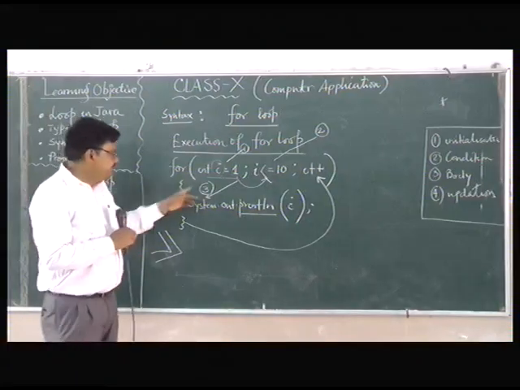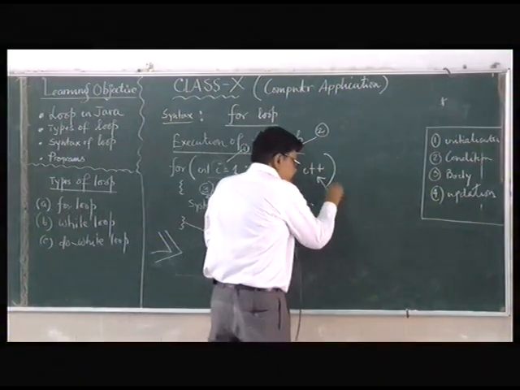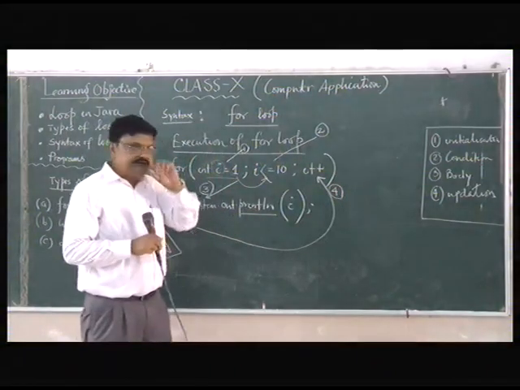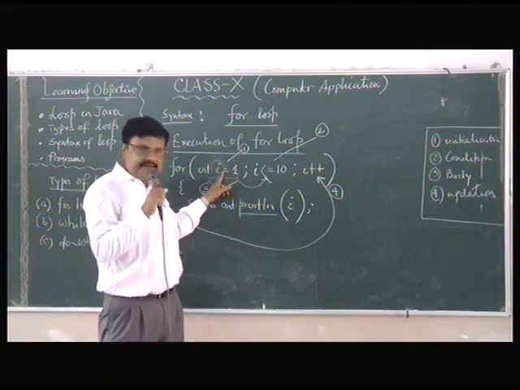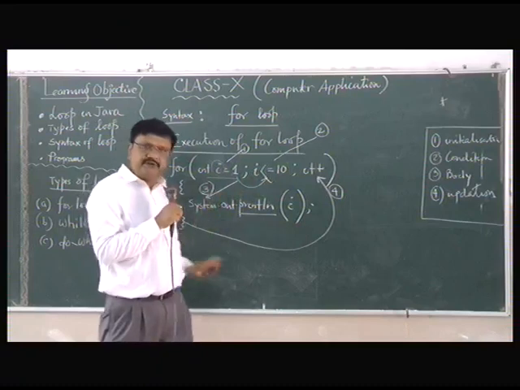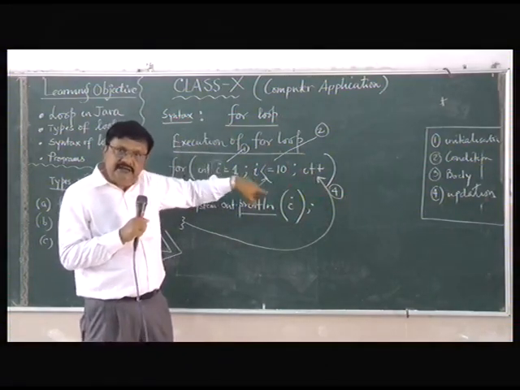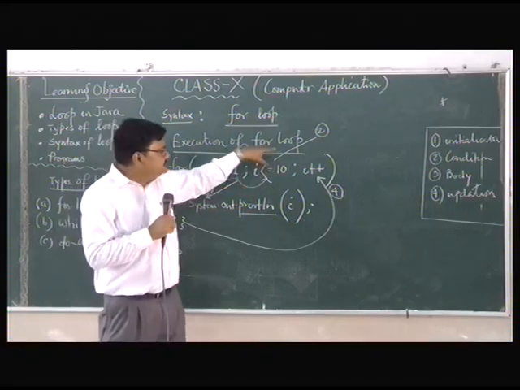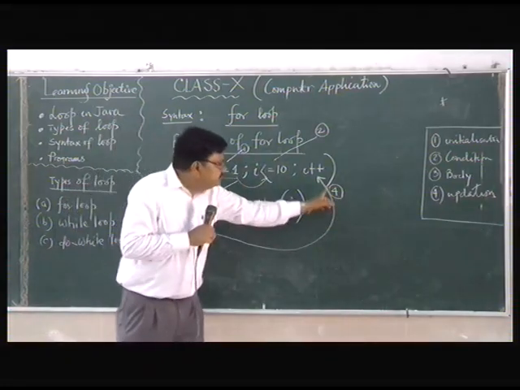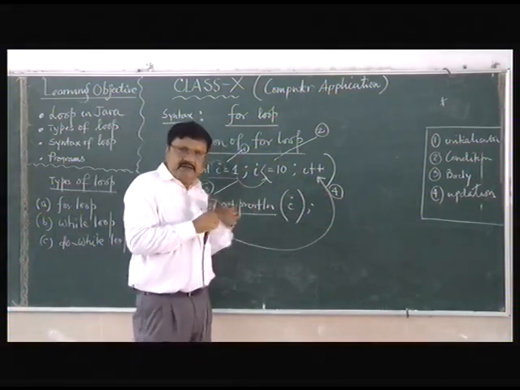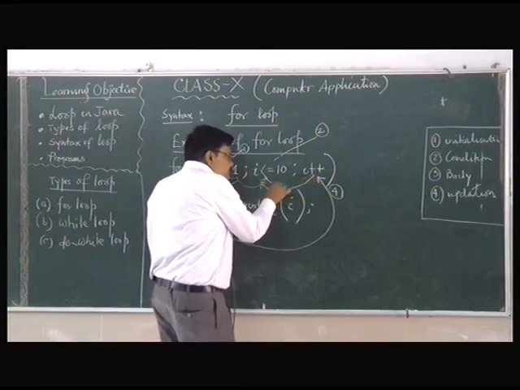Then after this one, next is the updation. This is updation, so the fourth one, yes or no? See this: first is the initialization, second is the condition, third is the body, fourth one is the updation. But how it actually runs, how a for loop works, that I am actually explaining. So first one is this one, second one is this one, third one is entering the body, fourth one is the what? Updation. Now again it checks for the condition, that is the fifth one.